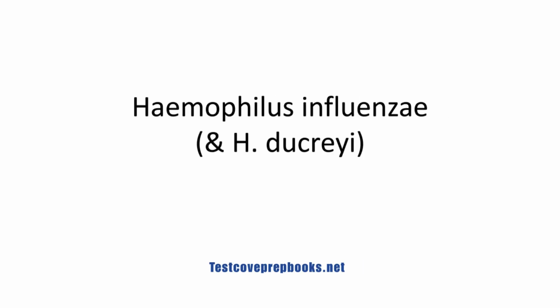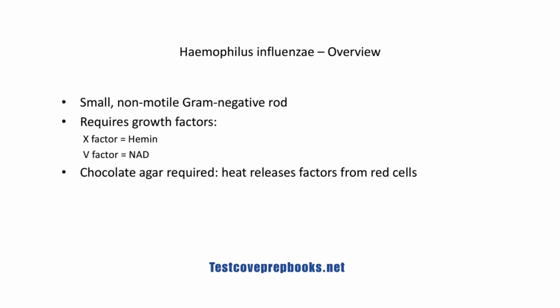Haemophilus influenzae is a small, non-motile gram-negative rod. It requires special growth factors. The X factor, which is hemin. The V factor, which is NAD. Both of these factors are present in red blood cells, but they are not freely available. Heat is needed to break down the red cells and release these factors, which is why chocolate agar is used